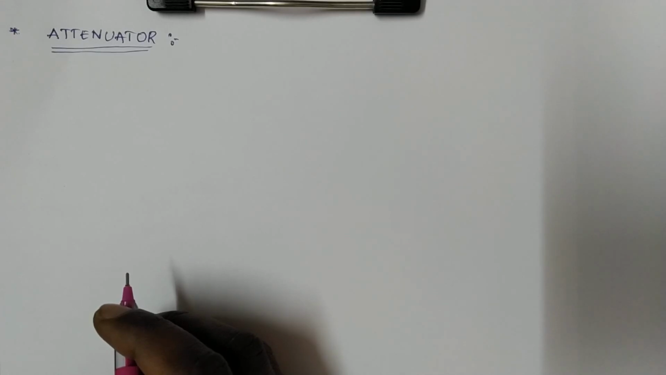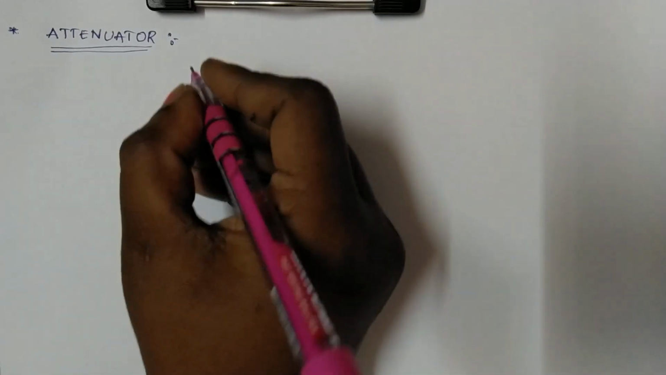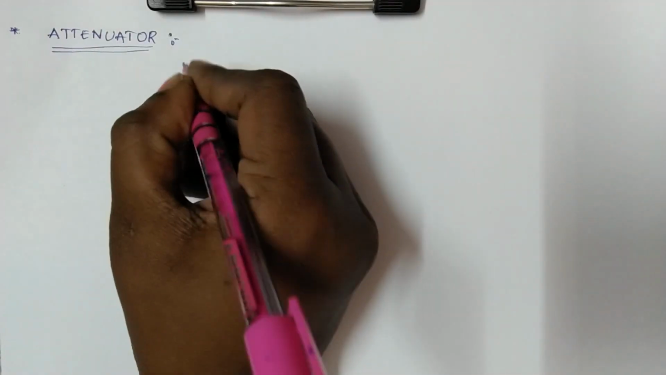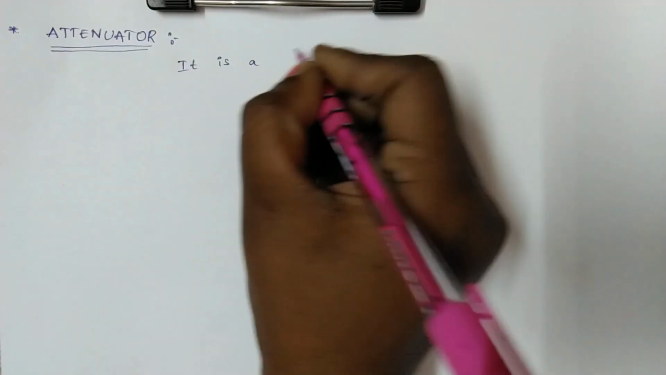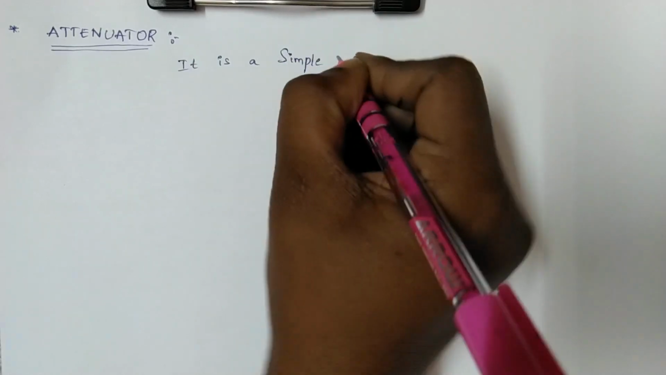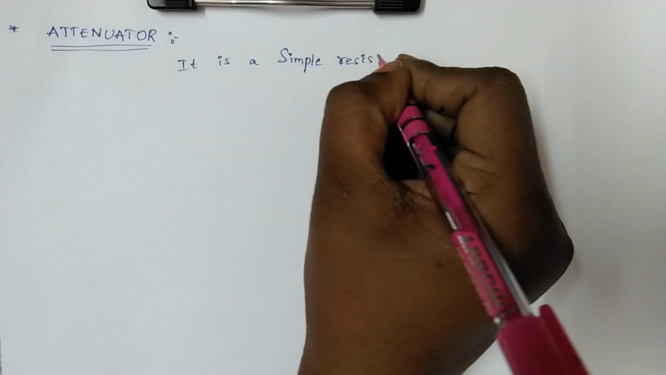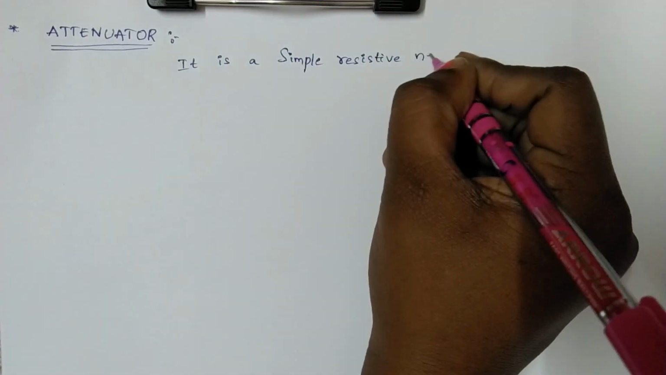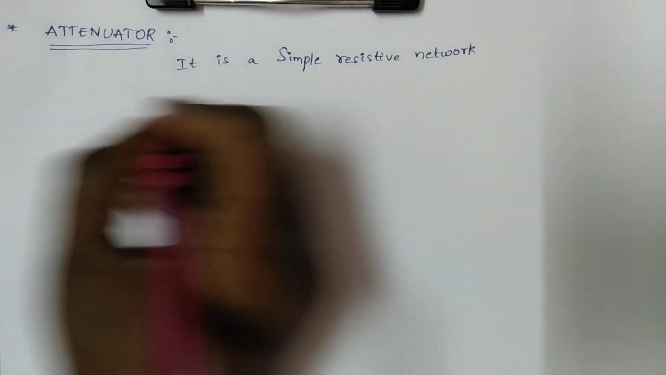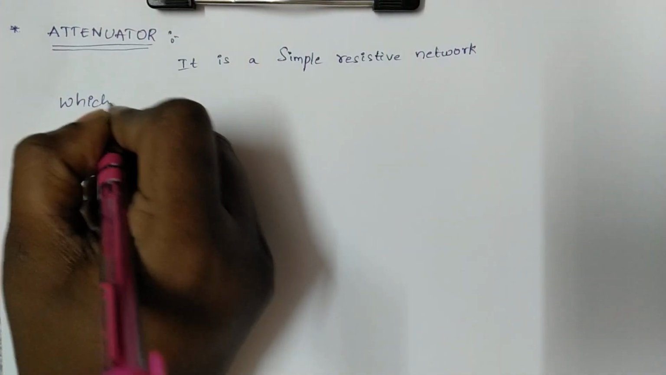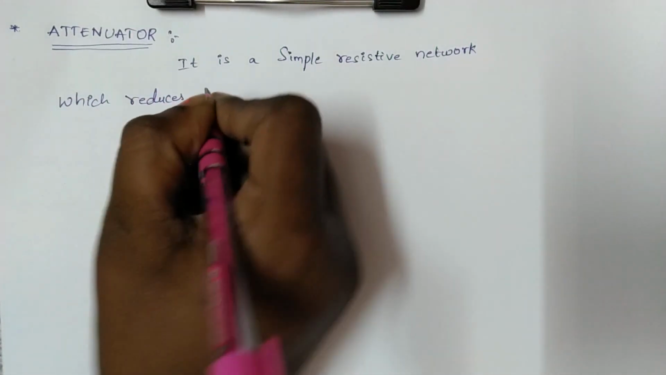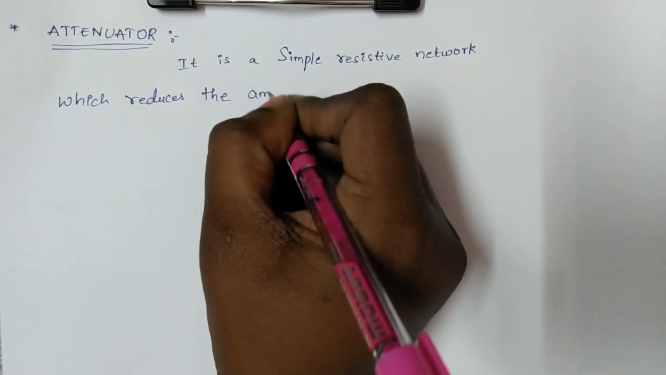Okay, first of all, what is the meaning of an attenuator? An attenuator is a simple resistive network which reduces the amplitude of the input signal by a finite amount at the output. See here, an attenuator is a simple resistive network, or a circuit, which reduces the amplitude of the input signal